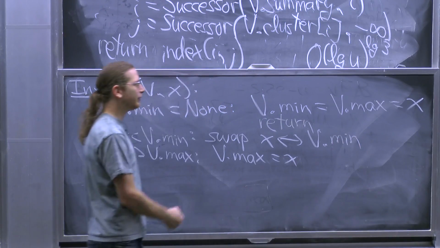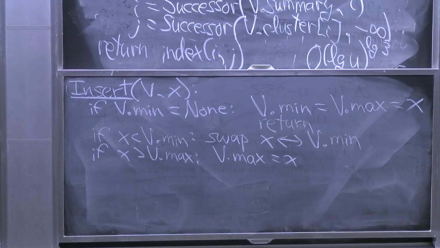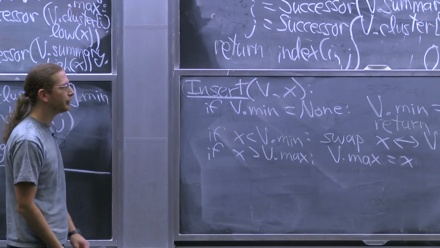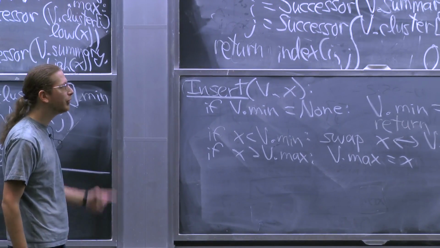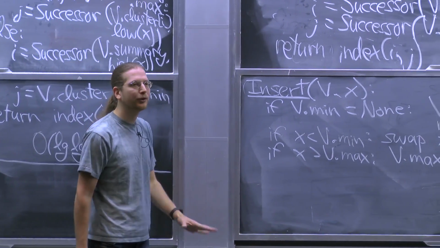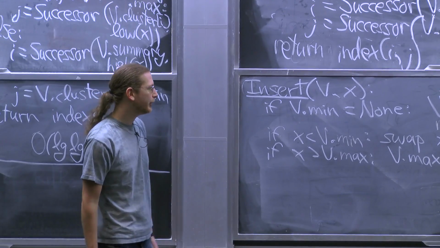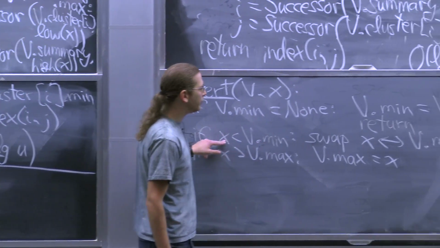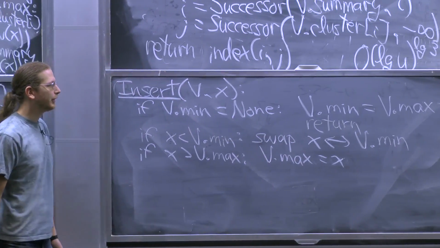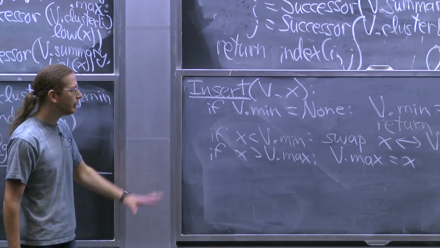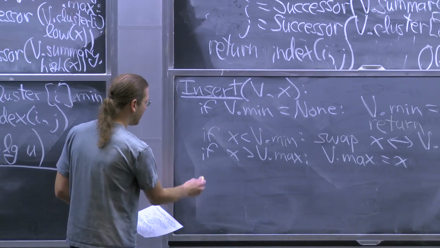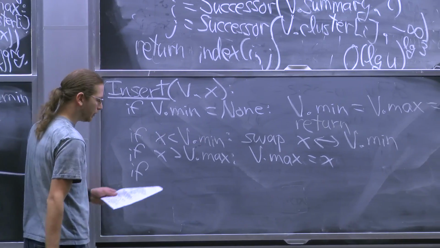So I'm going to put x into the v.min slot, and I'm going to pull out whatever item was in there and call it x now. And now my remaining goal is to insert x into the rest of the structure. There's only one item that gets this freedom of not being recursively stored, and it's always going to be the minimum one. So this way, the new value x goes there. Whatever used to be there now has to be recursively inserted, because every item except the minimum, we're going to recursively insert. So the rest is pretty much the same, but we're going to,